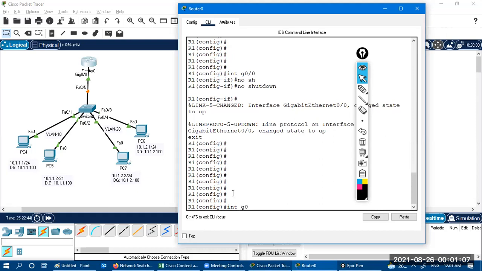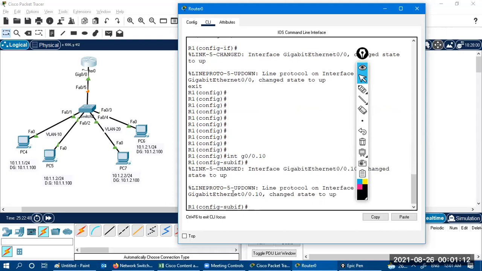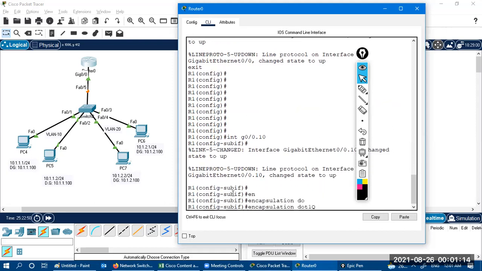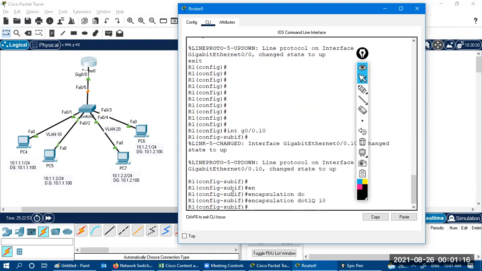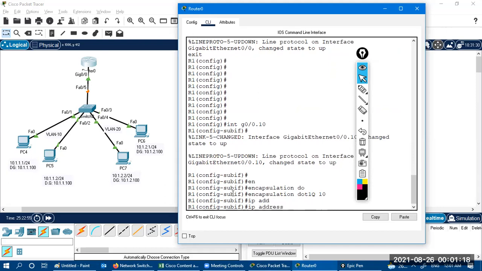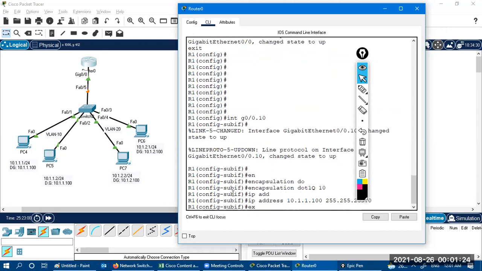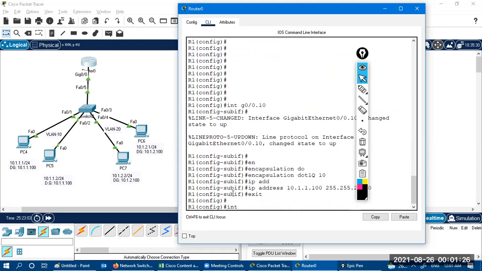Interface Gig 0/0.10, then you have to say encapsulation dot1Q 10 for VLAN 10. IP address 10.1.1.100 255.255.255.0. Exit.